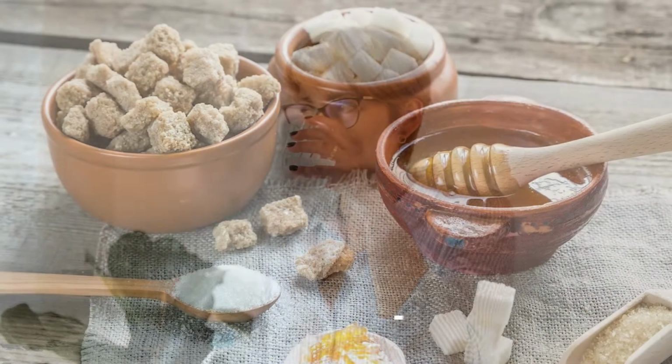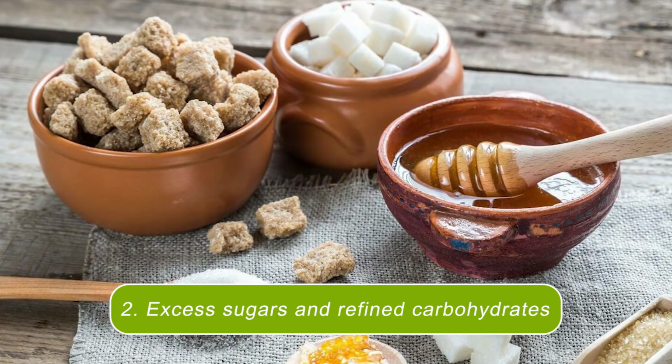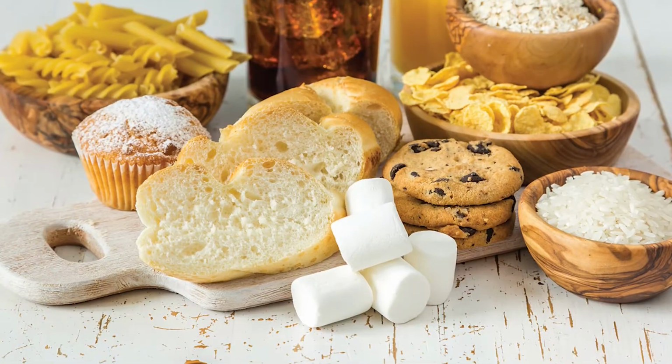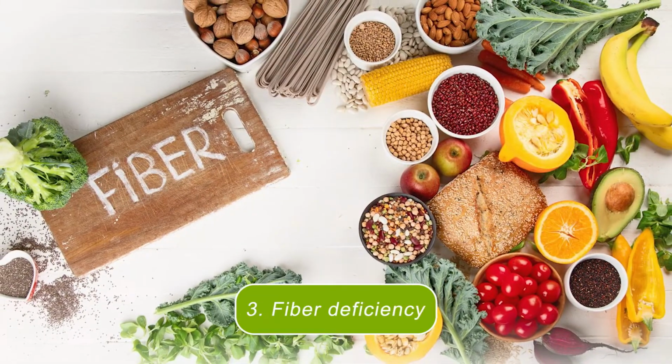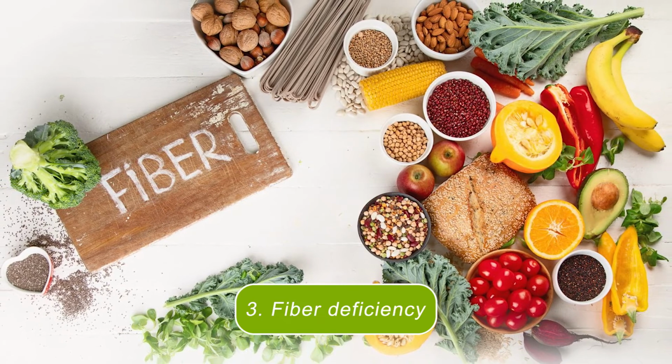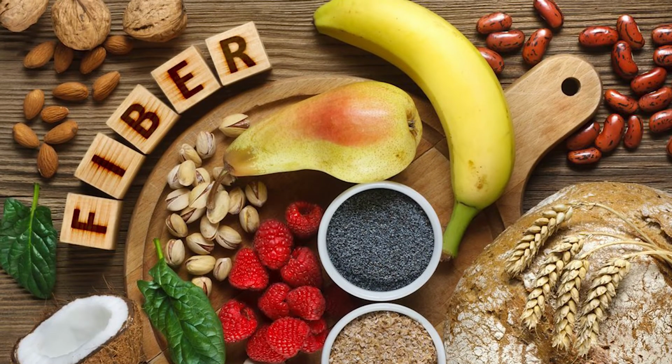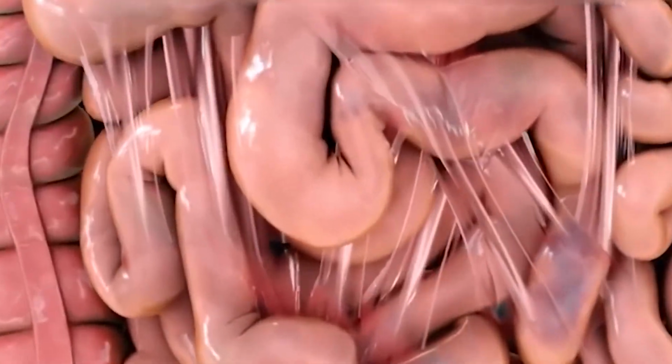Therefore, if you drink only 1–2 glasses of water a day, this can directly create problems with bile secretion. Secondly, excess sugar and refined carbohydrates all lead to bile stasis, because these foods thicken bile. Fiber deficiency also leads to stagnation of bile. Our body needs fiber both for the formation of bile and for stimulating the motility of the gallbladder and intestines.